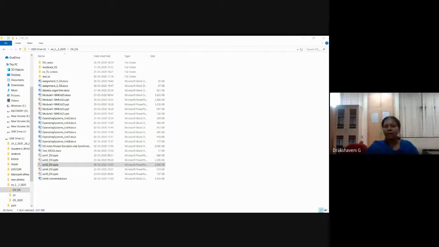Then, the compile time and load time address binding methods generate identical logical and physical addresses. Sometimes it may be the same. Suppose there are three separate buildings, block 1, block 2, block 3. Block 1 starts house numbers at 100, and block 2 also starts with 100. Maybe the house number is the same, but the block numbers are different. So we may say the house numbers are the same. That's how, sometimes, the addresses may be the same. Okay, that's what we have seen.